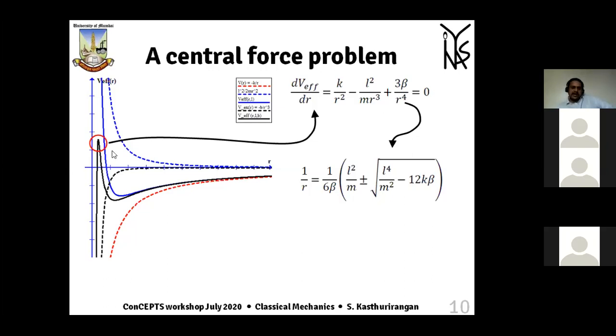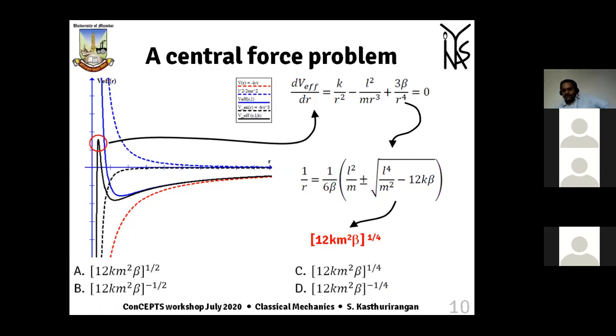That is, as the L value changes, this point and this point start coming close to each other, and at one point the potential after 1 by r directly goes to 1 by r cube, and there is no centrifugal barrier at all. That happens when this particular square root term goes to 0. And if you try to put the square root term to 0, then you will get an expression for L, and that will turn out to be this particular expression. This is the explanation for this particular problem which I was giving.